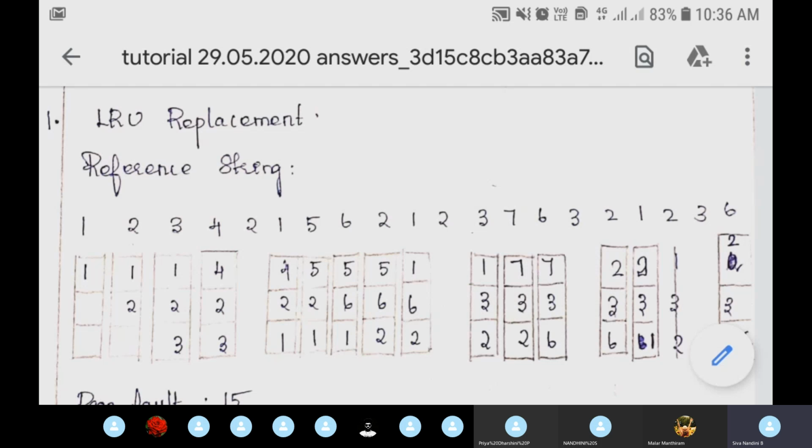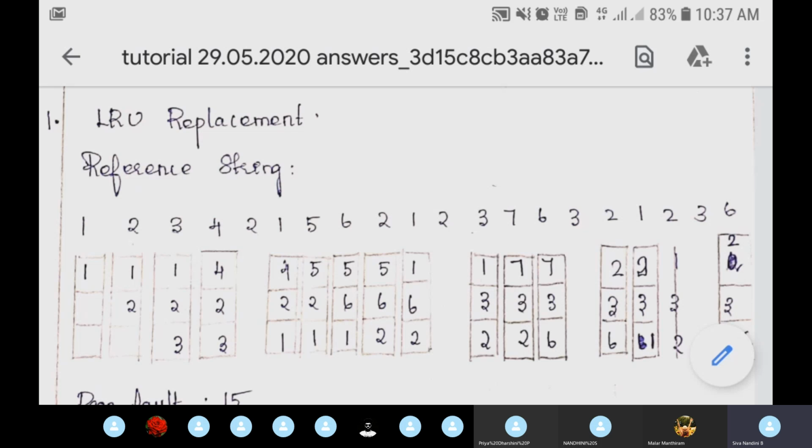So I'm seeing before this page 5, I'm having 1. This page 1 is recently used, so shouldn't replace. So before this page 1, I'm having page 2 in the reference string. So these pages 2 and 1 are recently used, so shouldn't replace pages 2 and 1. Other than this, page 4 is not recently used compared to the other 2 pages, 2 and 1. So I can replace this page 4 by page 5. So the newly formed block contains the pages 5, 2, 1.